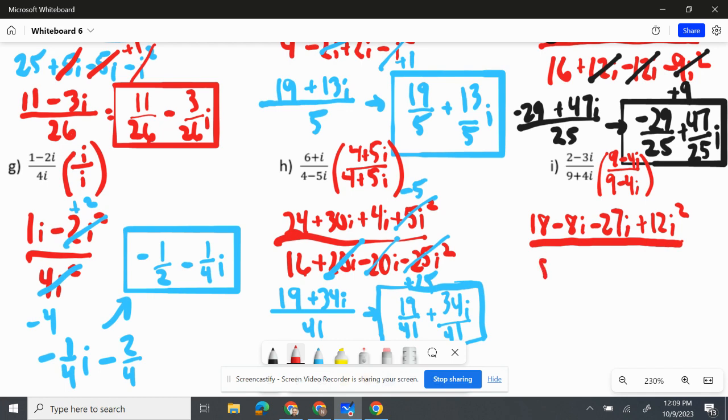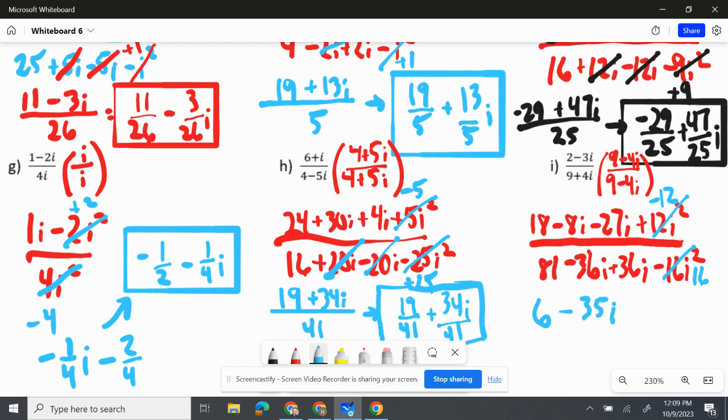9 times 9 is 81. 9 times 4 is negative 36i, positive 36i, and negative 16i squared. We know that i squared is -1, so -12 and 16. 18 minus 12 is 6 minus